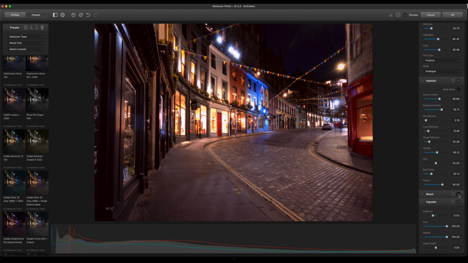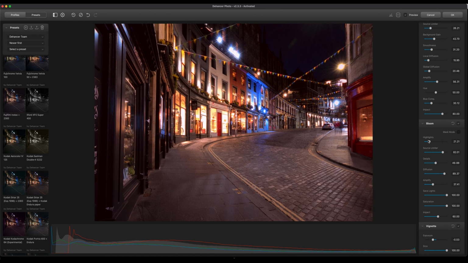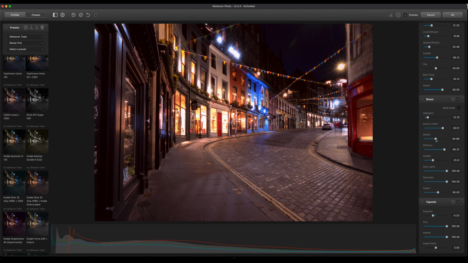So I'm going to turn bloom on actually and expand that, and just have a little play with these, reduce the halation effect. And as I do this, the things you need to look at are the windows, because wherever light's coming from, that's where you'll see it has an effect on those. I'm happy with those. I'm just going to play with the bloom a little bit, because to take the highlights down, details down,